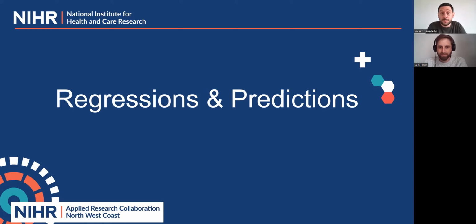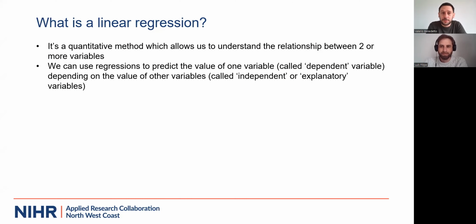In particular, we will be going through a simplified example to describe how regressions work and how we can use regressions to make predictions. First of all, what is a linear regression? It's a quantitative method which allows us to understand the relationship between two or more variables. So it's a numerical approach which we can use to understand how two or more variables relate to each other,